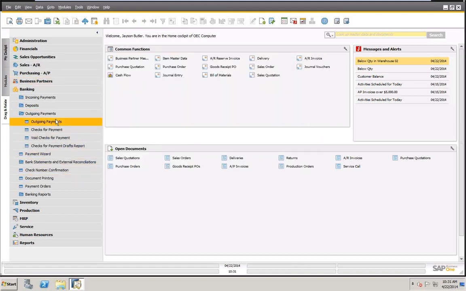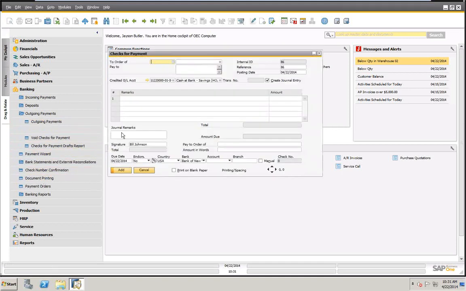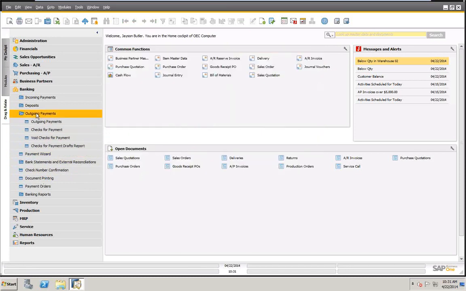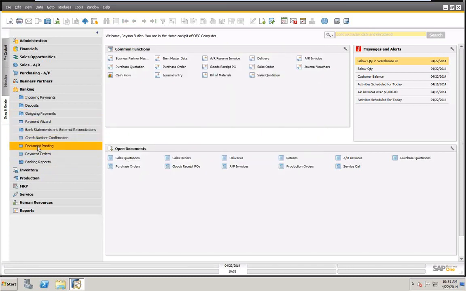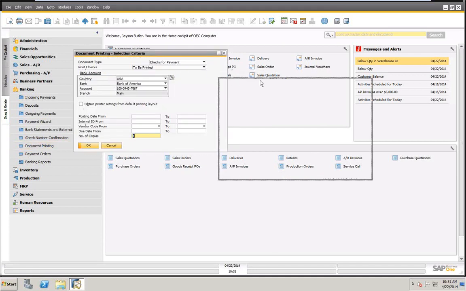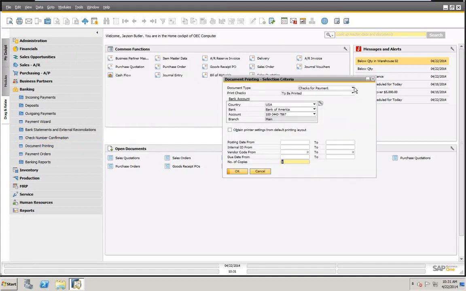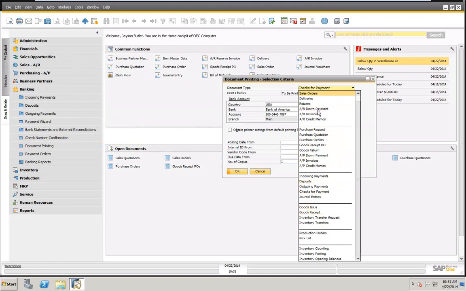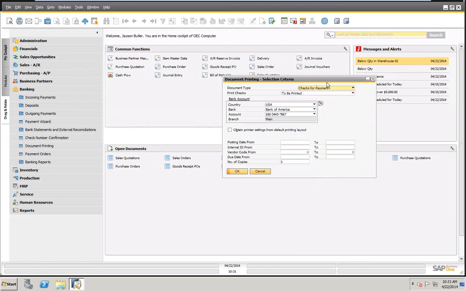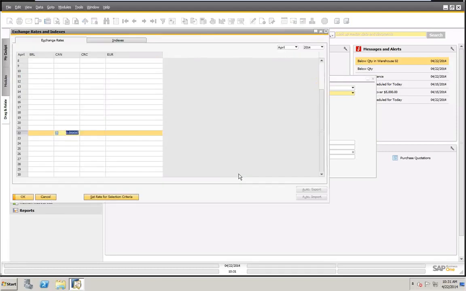So let's go through here, and let's go now into the document printing. The reason why I showed the checks for payment is because that's what we're going to choose to print. So now we're going to go here to document printing. And again, in SAP, you can determine what document you want to print. In this case, we have it already predefined for checks for payment. And here we have to be printed. So these are the checks that we haven't printed yet. So if we click OK, and once an exchange rate,